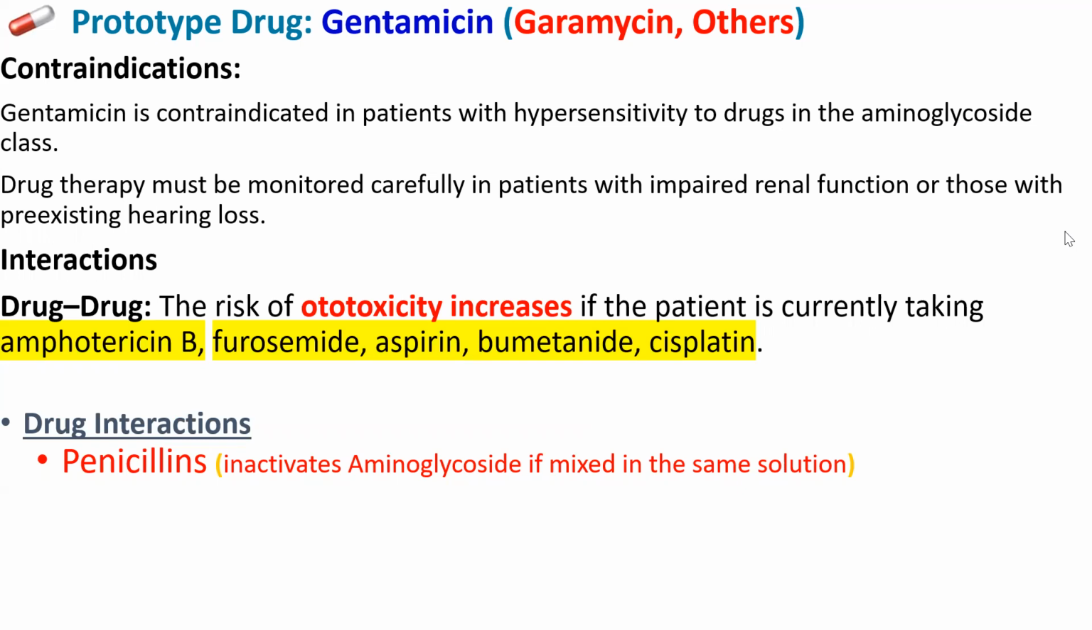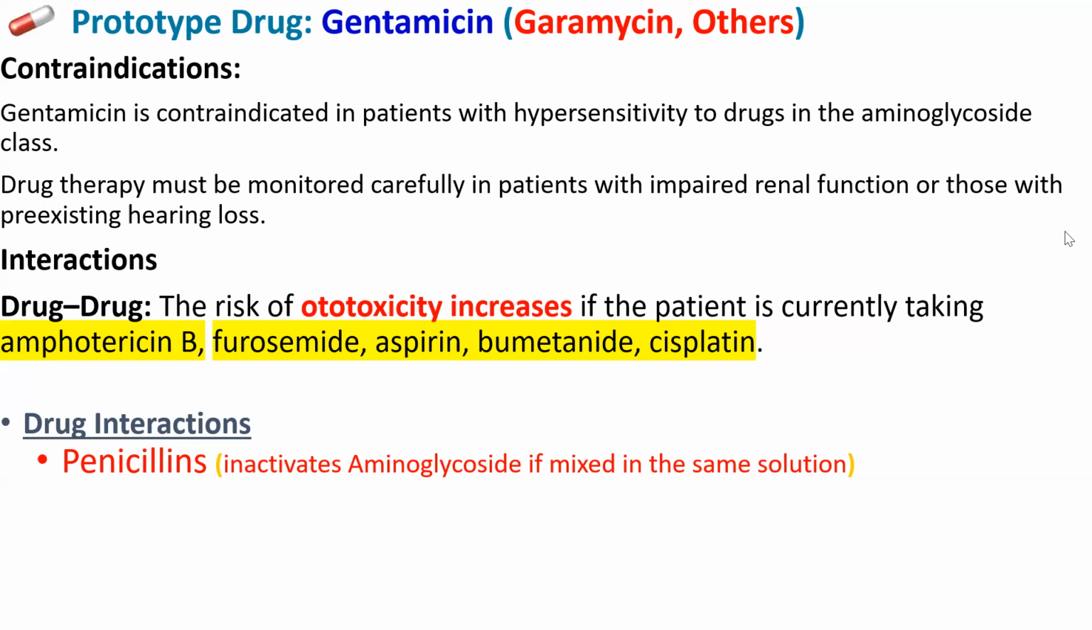Contraindications: gentamicin is contraindicated in patients with hypersensitivity to drugs in the aminoglycoside class. Drug therapy must be monitored carefully in patients with impaired renal function or those with pre-existing hearing loss. For drug-drug interactions, the risk of ototoxicity increases in a patient who is currently taking amphotericin B,